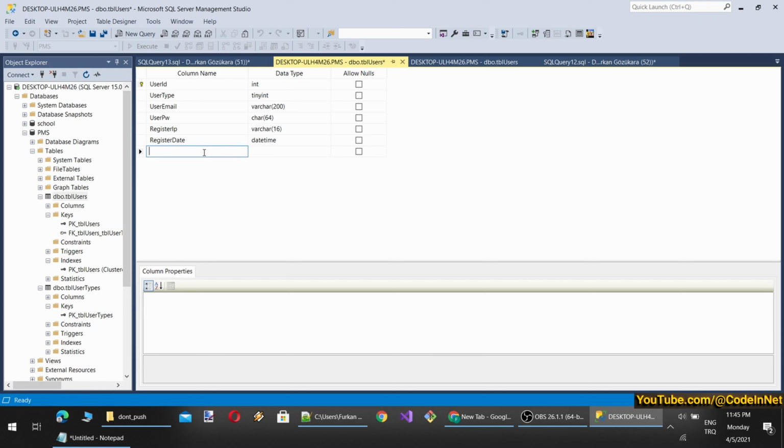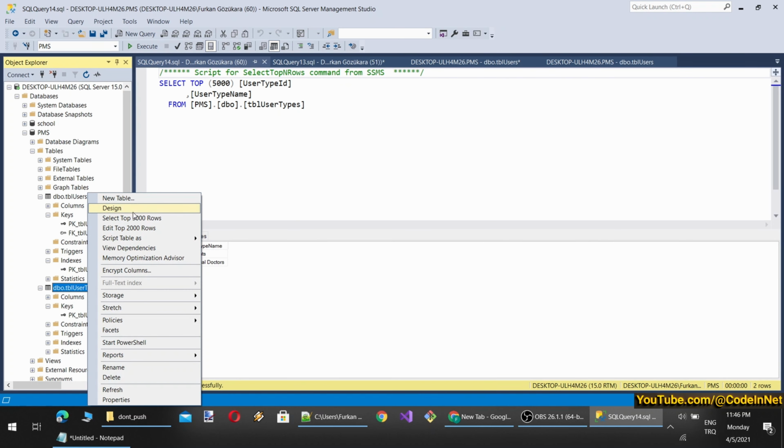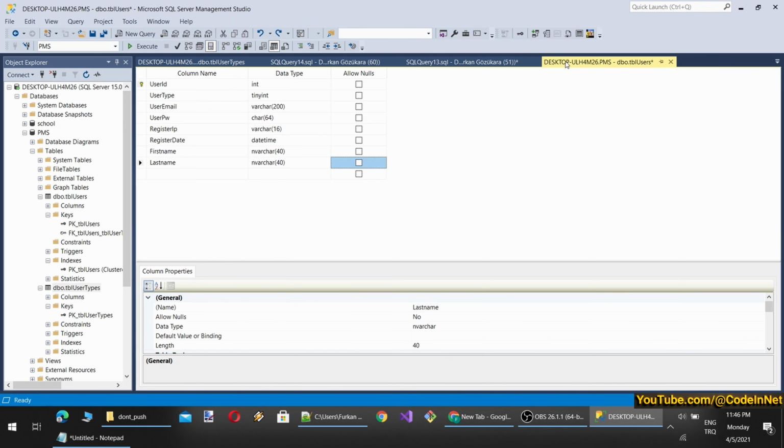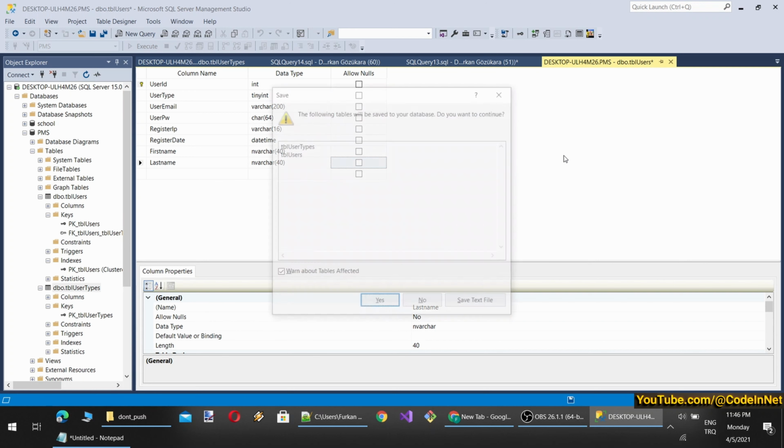A user should also record their first name and last name. So first name, such as Anwar, char 40, probably enough. And last name or surname, but both is fine. Okay, and this can't be null either. And what other information will we take from patients or doctors? Okay, since we will keep both doctors and patients, we can also keep the specific area of doctors. Therefore, we can design them in our user types. For example, there can be other doctor types as well. You can expand the table. But for simplicity, let's just keep it this way. So this will be our users table.